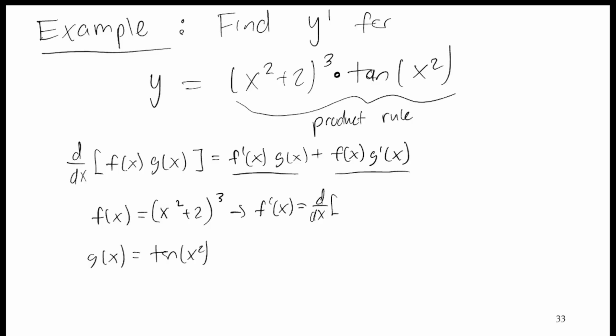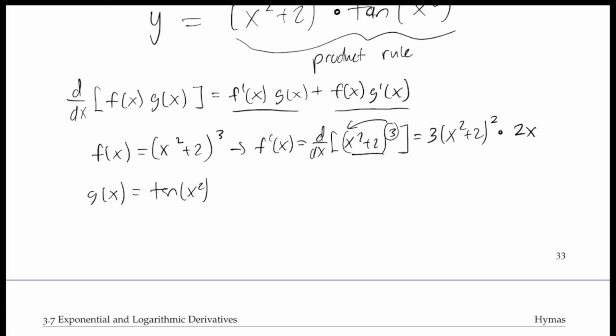Okay, so I want to take the derivative of (x squared plus 2) cubed. How do I do that? Well, I bring the 3 down like normal for a power rule, subtract 1 from it, 3 minus 1 is 2, and then I multiply by the derivative of the inside. Okay, what is the derivative of x squared plus 2? Well, that's 2x. Our g prime,